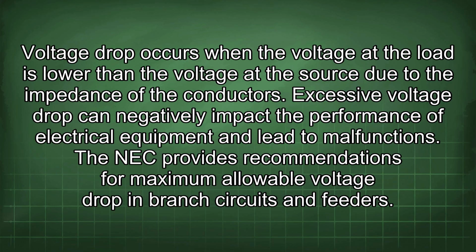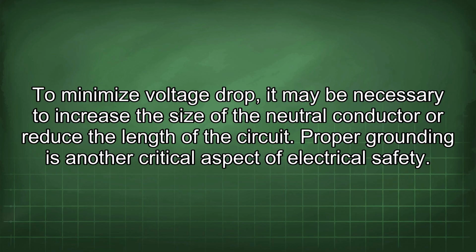Voltage drop occurs when the voltage at the load is lower than the voltage at the source due to the impedance of the conductors. Excessive voltage drop can negatively impact the performance of electrical equipment and lead to malfunctions. The NEC provides recommendations for maximum allowable voltage drop in branch circuits and feeders. To minimize voltage drop, it may be necessary to increase the size of the neutral conductor or reduce the length